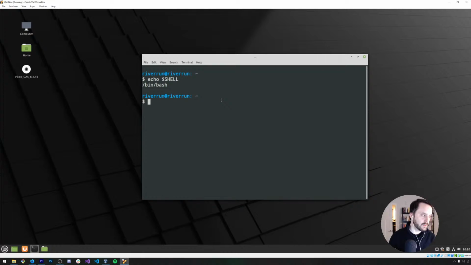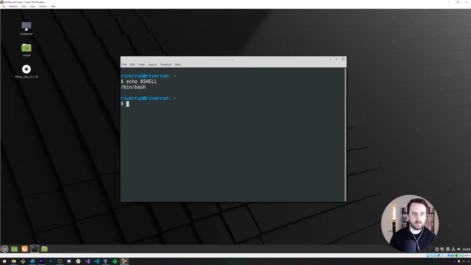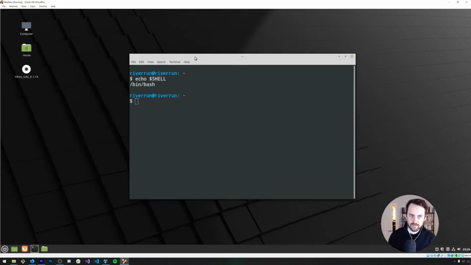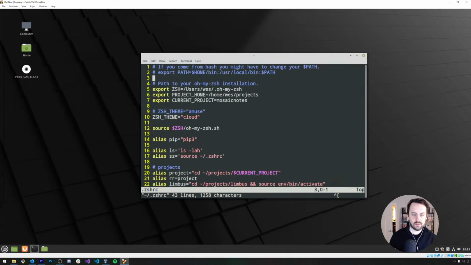Why didn't that work? Chsh -s /usr/bin/zsh. Well, I don't know why my shell environment variable is set to bash, but okay.